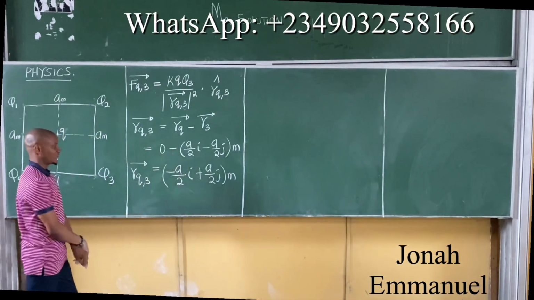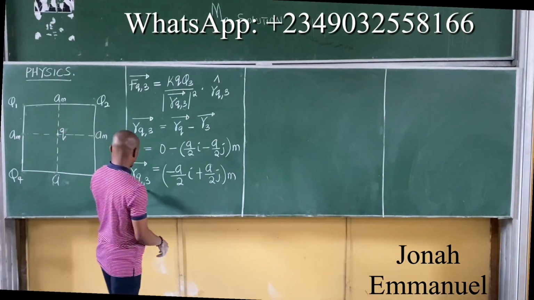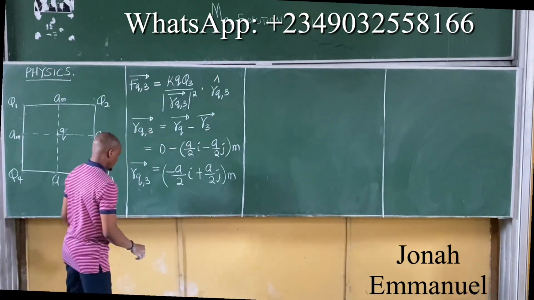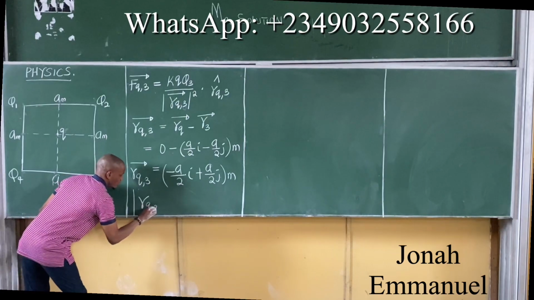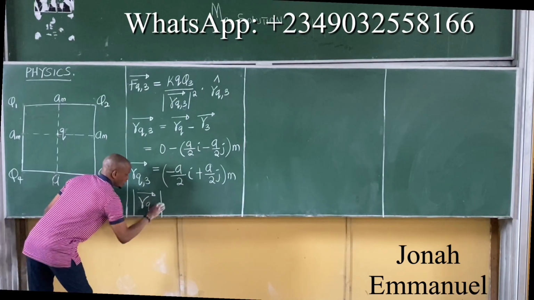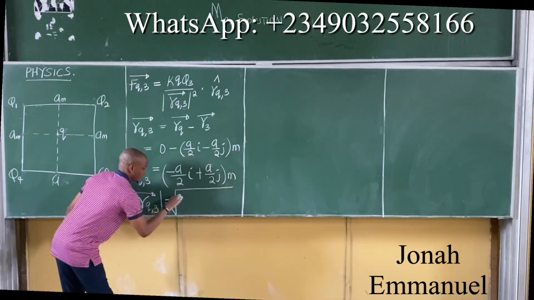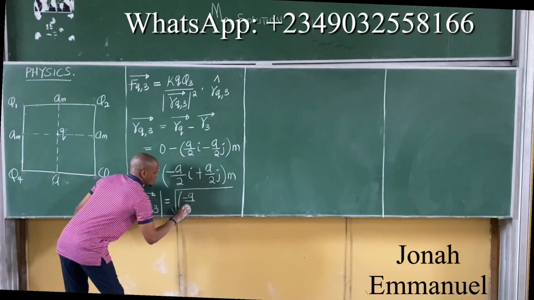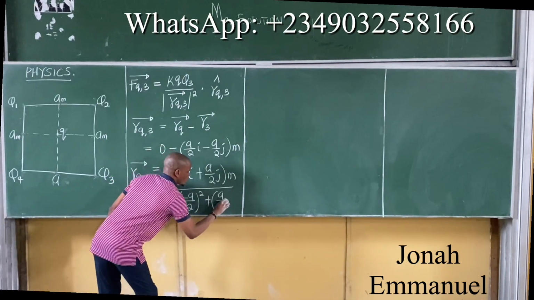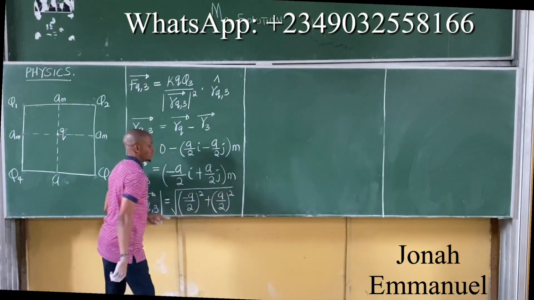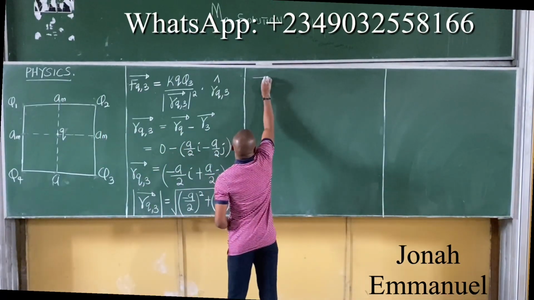This is RQ3, so I have this. Next up, let's take magnitude. The magnitude of RQ3 is equal to the square root of this one, minus A over 2 all square, plus this one, A over 2 all square. We know this answer already, so don't stress. I have that